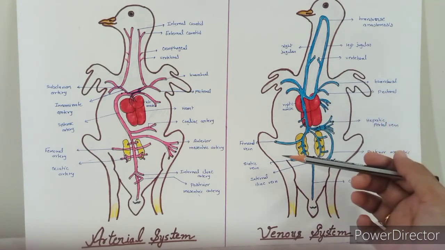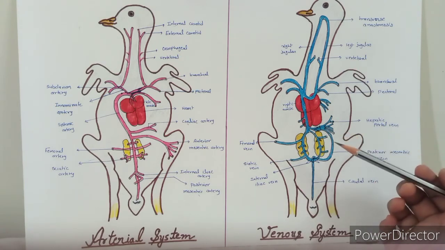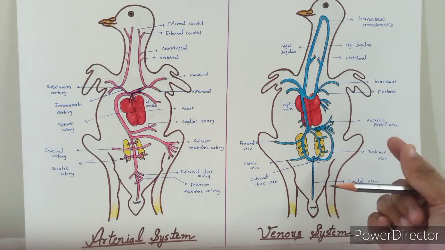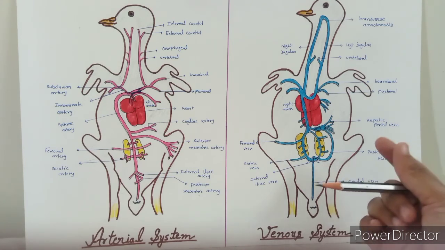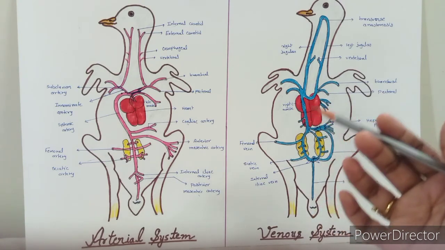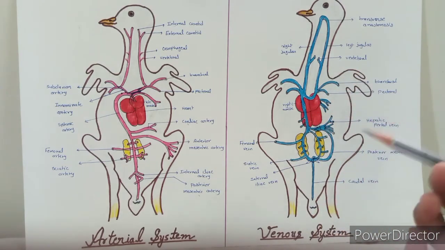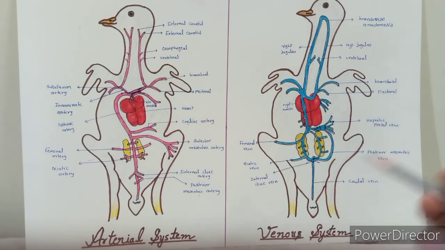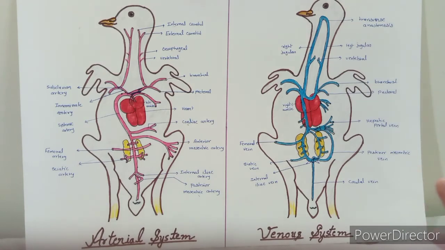Now the last one is blood. When we talk about blood, birds are rich in RBCs. They are oval and nucleated. They carry a large amount of hemoglobin that gives up oxygen suddenly at high oxygen tension. And the second one is WBCs. The WBCs are more numerous than in mammals, and platelets are not found in the pigeon. So this is all about the structure of the circulatory system of Columba livia.